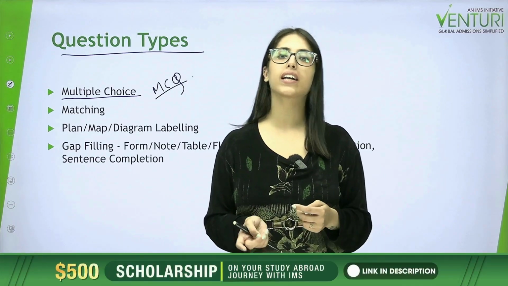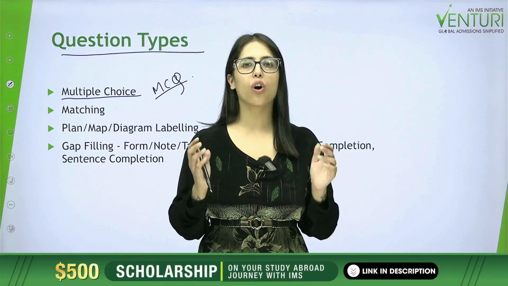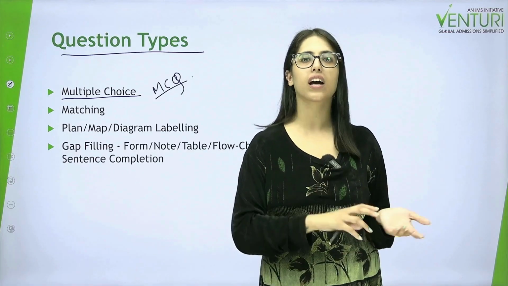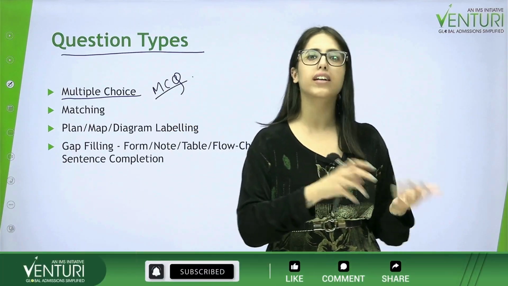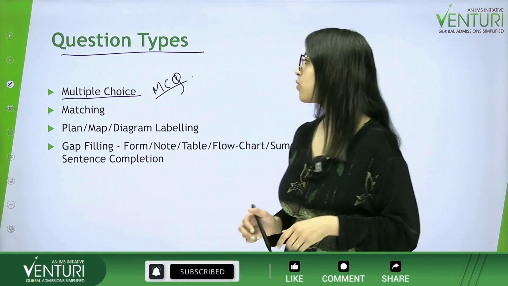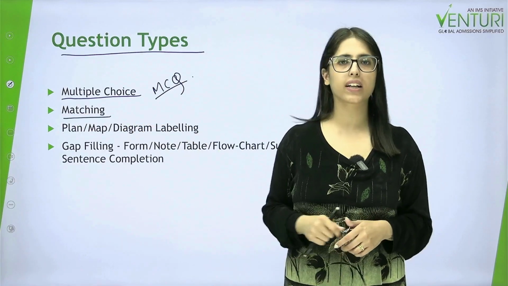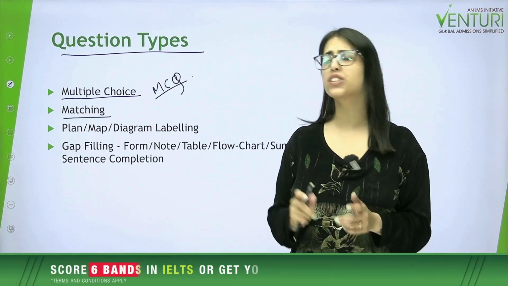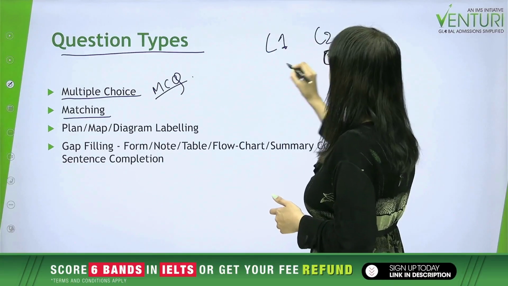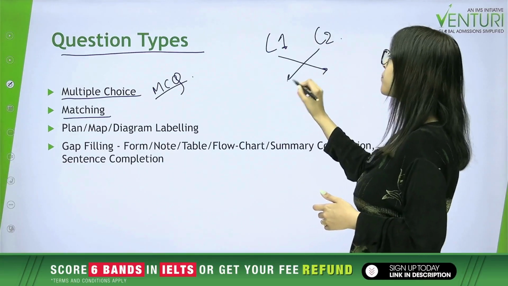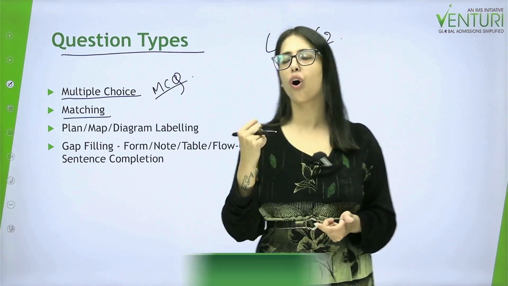So now they can expect you to either lock one option or multiple options. So in order to understand that and see what they are expecting, you need to go back to the instructions that they are given, in your question. So mind you that you do not have to skip them, okay. The second type of question that you can expect here in listening section is matching. So hereby you maybe will be given, let's say, category 1 and category 2, and you will have to match the items from both the categories with each other, okay, based on whatever you are hearing in the audio file.